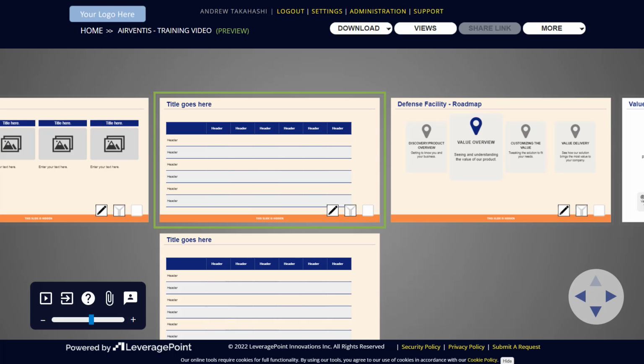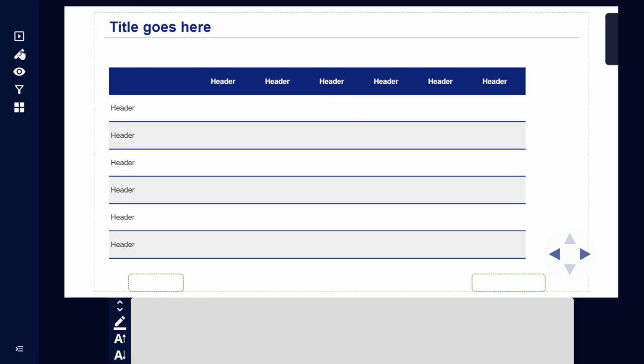I can see they're off by default when I open up my slide sorter and see that my table slides are all turned off because they have this slight discoloration and they're not checked on. Table slides can be a great way to show a large set of data that you want people to look at all at once or perhaps to set the context for your upcoming value driver slide. If I open up my table slide and I go into Edit Presentation,